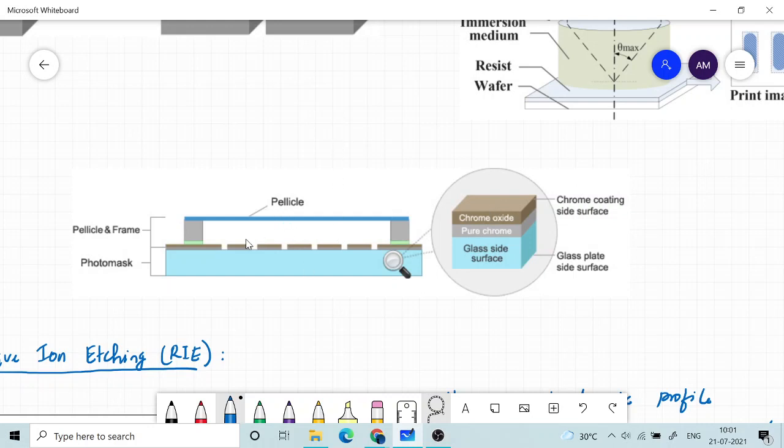So now how do we make this pattern? This is another question. We wanted to do pattern transfer. Now it looks like first of all we need to transfer the pattern into a photo mask, and only then can you use the photo mask for a lithographic step in order to transfer it into the wafer. Now the answer is that we use electron beam lithography. Electron beam lithography is the process where you irradiate with a beam of electrons.